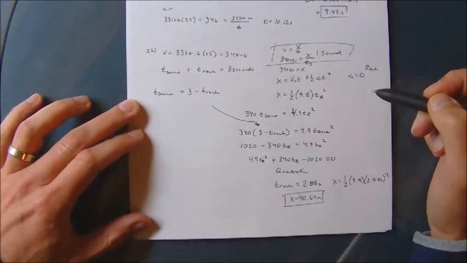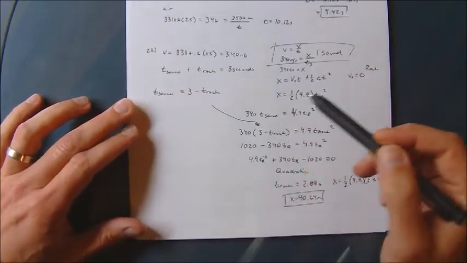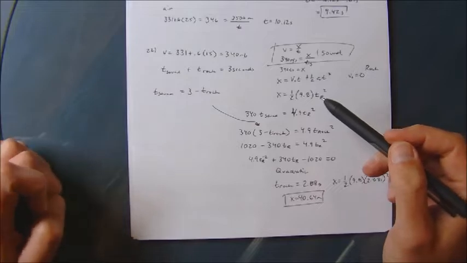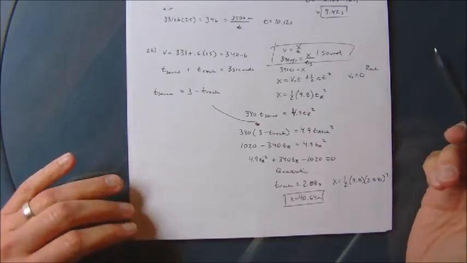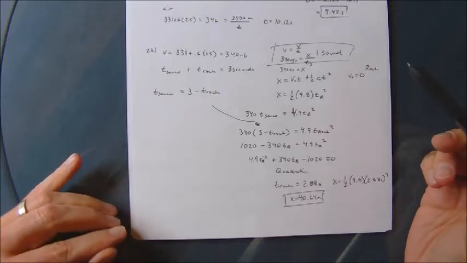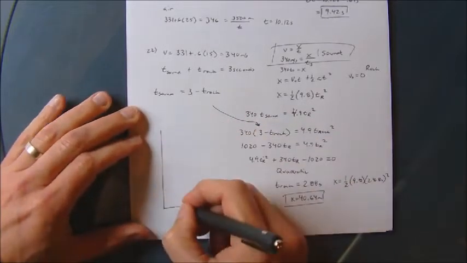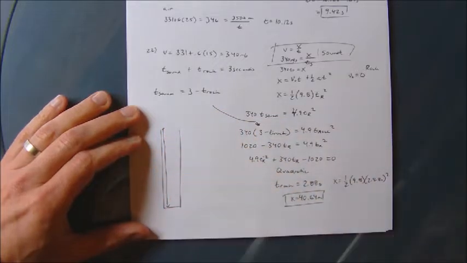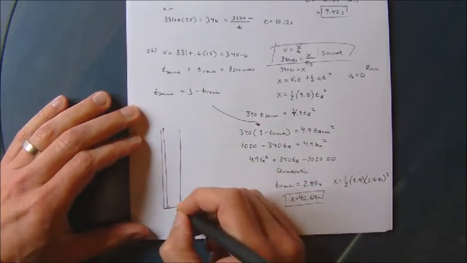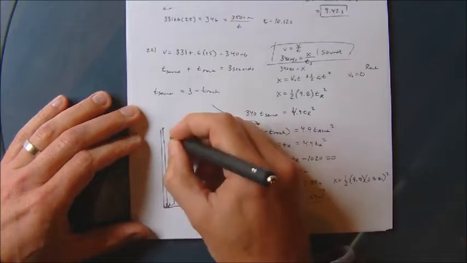Number 22. Number 22 is definitely the hardest problem on this review. If you got through it, well done. I'll explain it in a little bit greater detail here. What we did is we dropped a rock down a well, and it falls accelerating all the way to the ground, to the water, and then it makes a splash, and that sound shoots back up the well at the